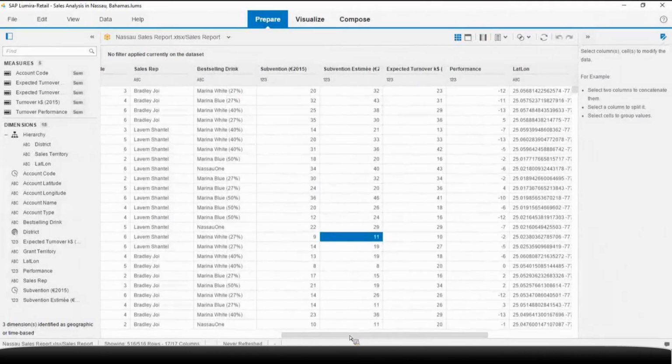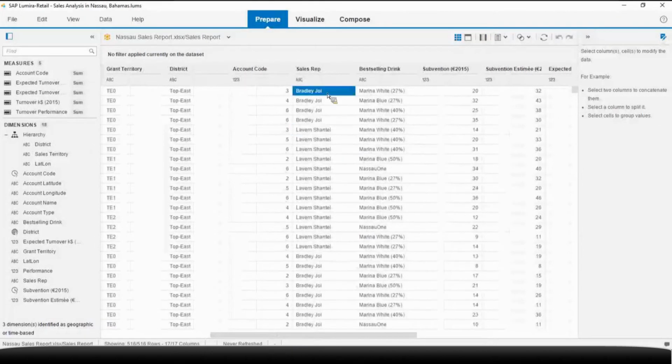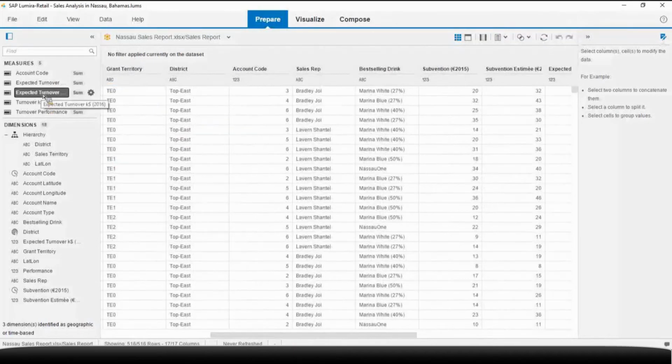And for each territory, there is a sales rep who is responsible for that territory. And of course, they have some other KPIs, like we can see right there. They have the turnover, they have the expected turnover, etc. And based on that, they want to quickly analyze